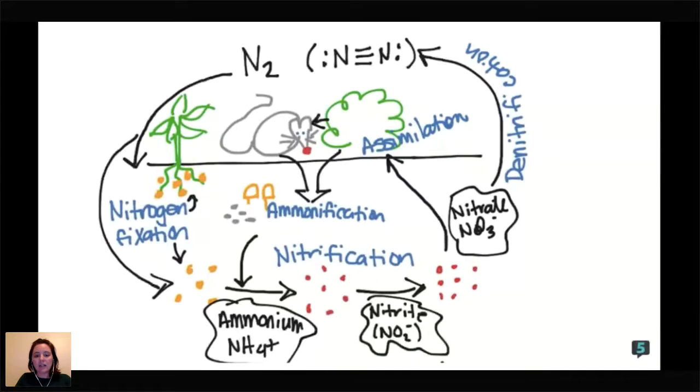And then sometimes when you have really wet soil conditions, like in a wetland or like a marsh, if you're near the ocean, there's some bacteria in the soil that can do denitrification. So they'll take that nitrate and then they'll transform it back into the inert gas and put it back out in the atmosphere. So our huge stores of nitrogen in the nitrogen cycle are in the atmosphere and then in the soil.